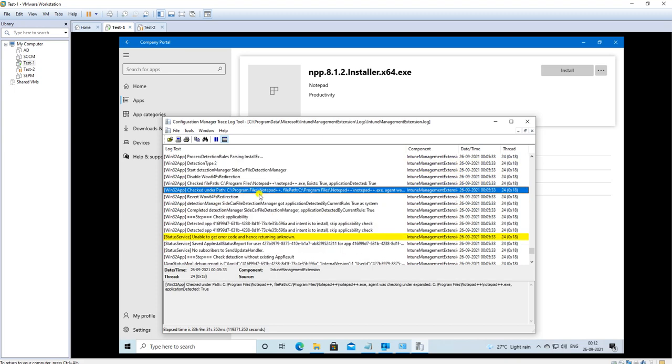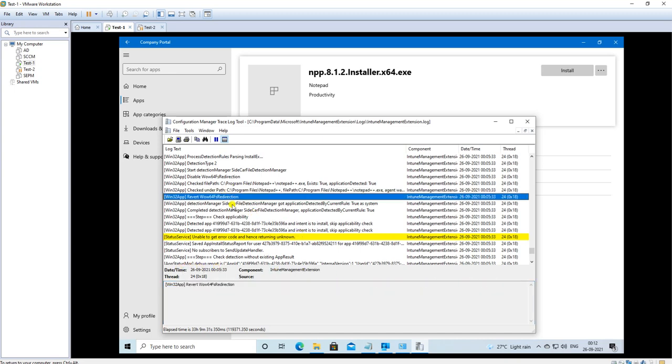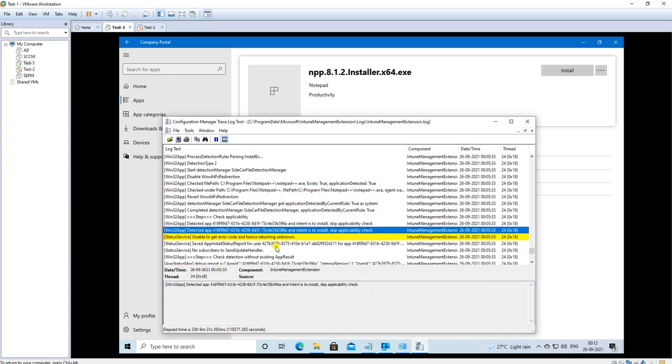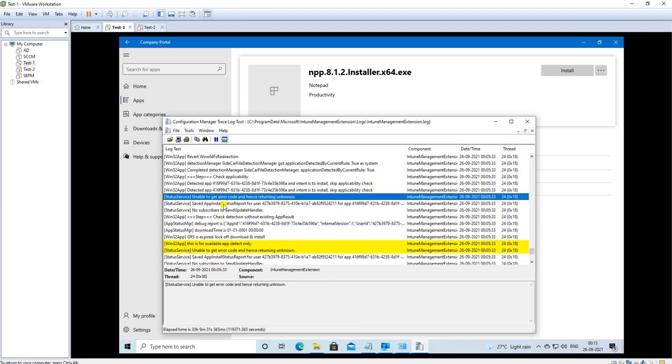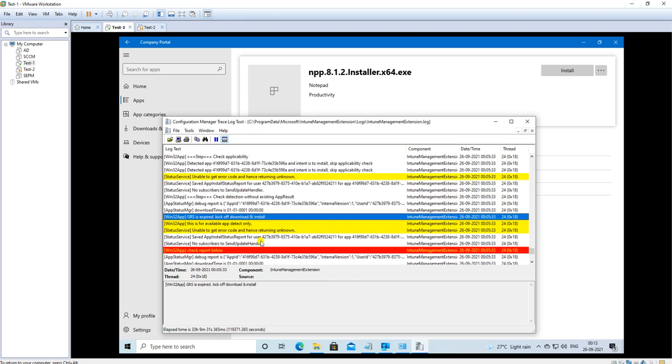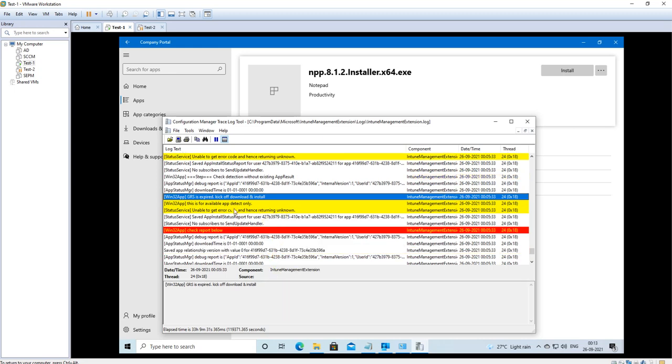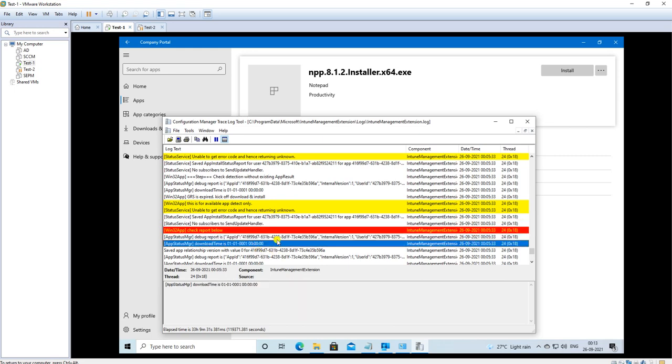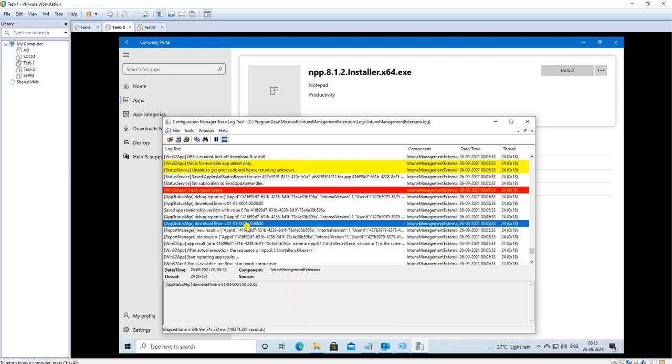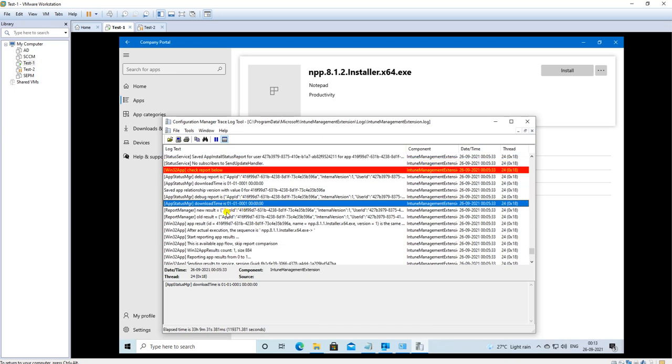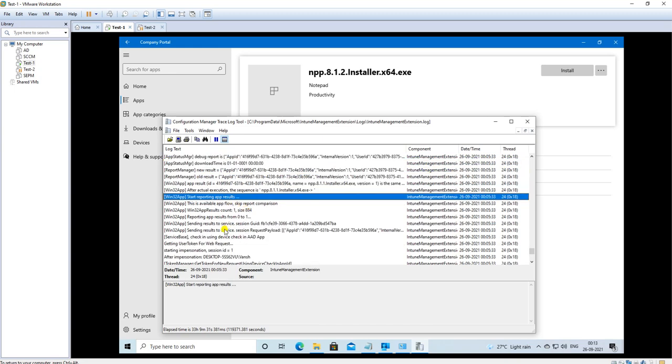Now let me go to the current check path is this. Okay, it's validating the path, then detecting. Okay, so something download time, then stop app.